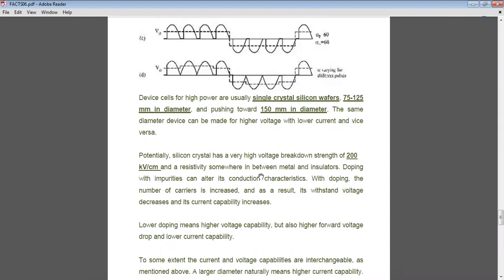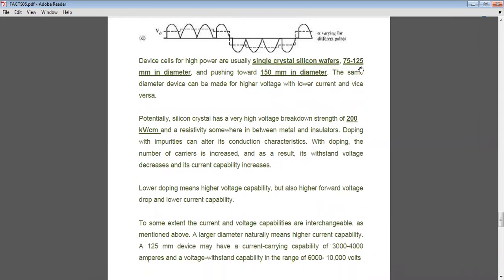Okay, p-type and n-type doping will be there, and we can construct PN devices: diodes, transistors, and PNPN devices. These thyristors are all made up of silicon crystal wafers. These have different diameters, and they are generally doped with impurities to get different conduction characteristics, generally doped with phosphorus to become n-type and boron to get p-type, and again these two are connected to get diodes and other devices.